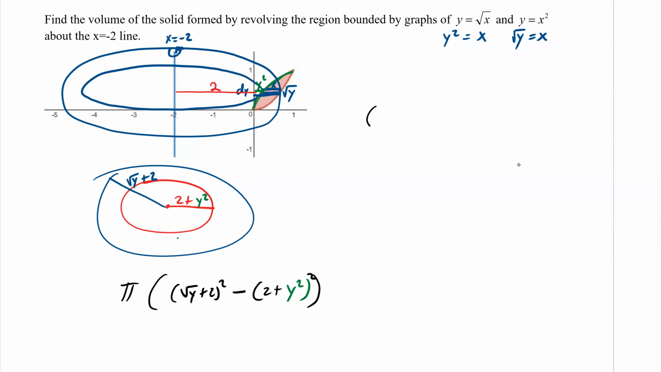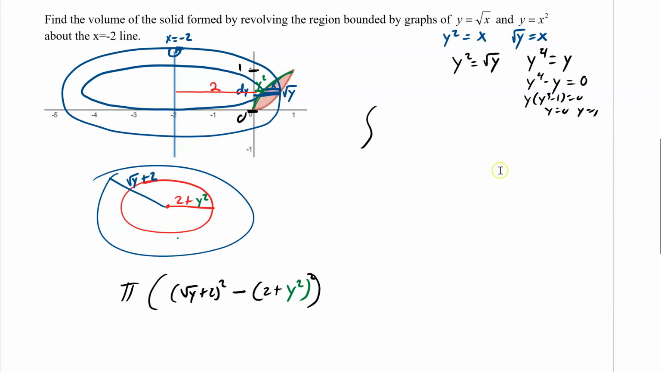There we go. So now we just need the values that we're going from start to finish. So if we set these equal to each other and solve them, we get y, we're going to square both sides, so y to the 4th, and so y to the 4th minus y equals 0, and then that would become y cubed minus 1 equals 0, so we get y equals 0 and y equals 1, which is what we had, 0 and 1. Remember, your dy will always be the one that's in between those two numbers, so it's 0 to 1, dy, pi, square root of y plus 2 squared, minus 2 plus y squared,